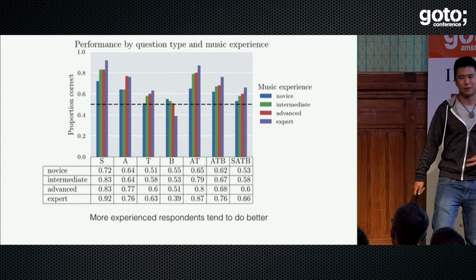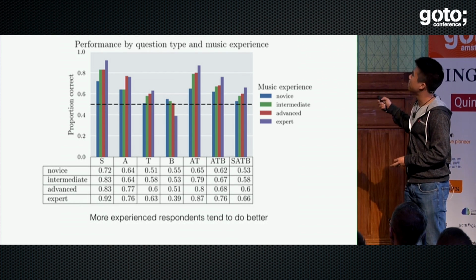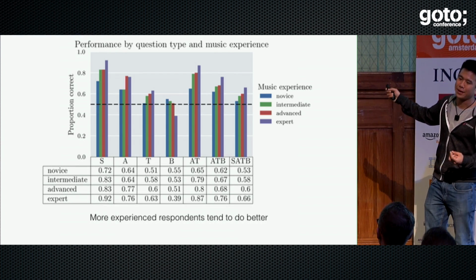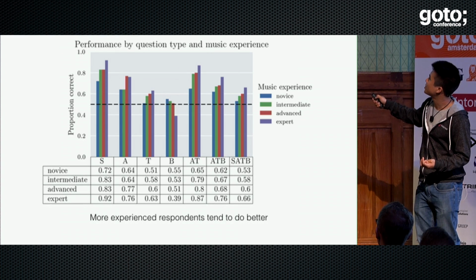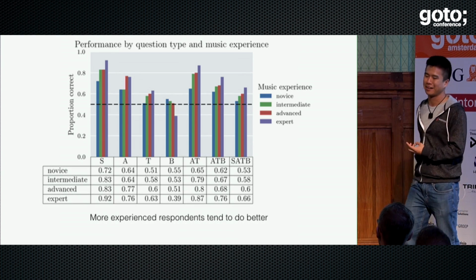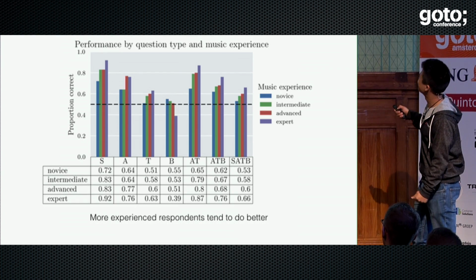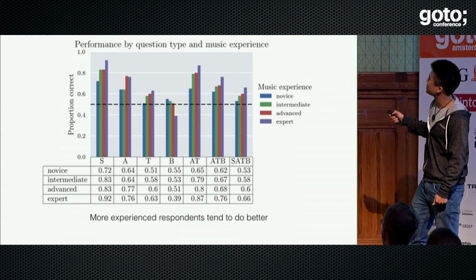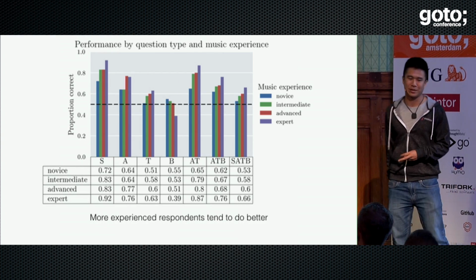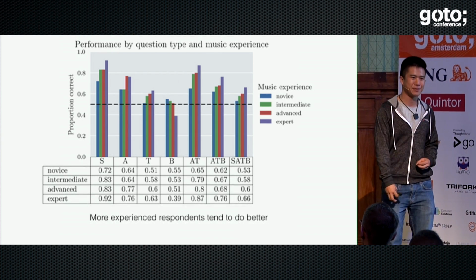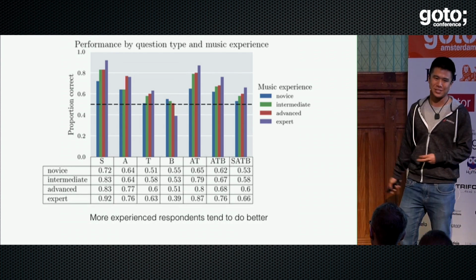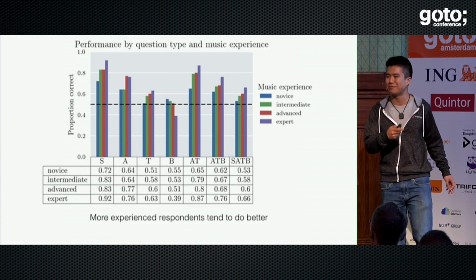Here I've taken the exact same plot from the previous plot, except I've now broken it down by music experience. Unsurprisingly, you kind of see this curve where people are doing better as they get more experience. So the novices are almost only 3% better, whereas the experts are 16% better. They probably know Bach. They've got it memorized, so they can tell the difference. But the interesting one is here. The experts do significantly worse than random chance when comparing Bach versus BachBot bass harmonizations. I actually don't have a good reason why, but it's surprising to me. It seems that the experts think BachBot is more convincing than actual Bach.